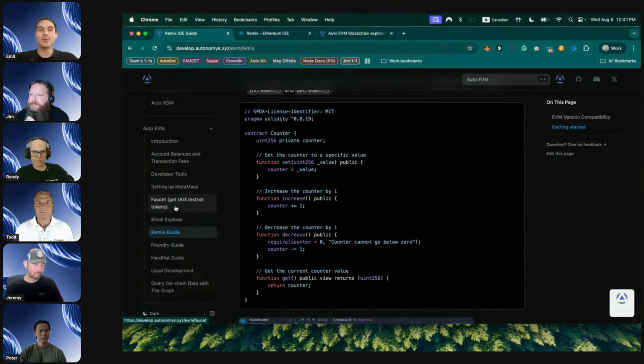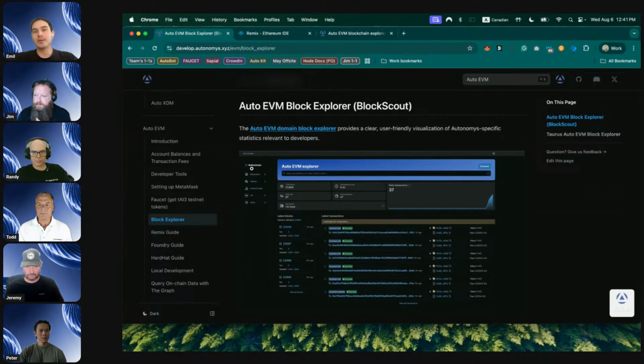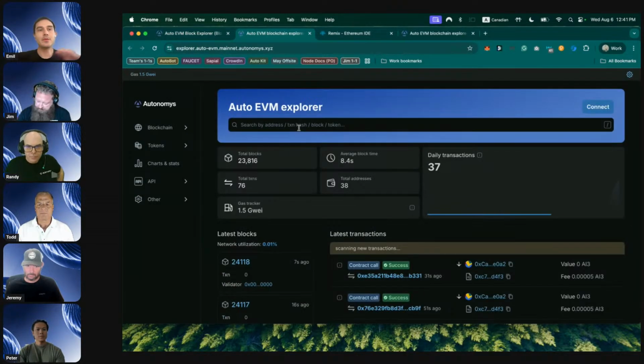And of course, we have the Auto EVM block explorer, which is available for you to be able to see whether the contract has been successfully created and all the things happening with your smart contract. The link will be in the video's bio. It's available at